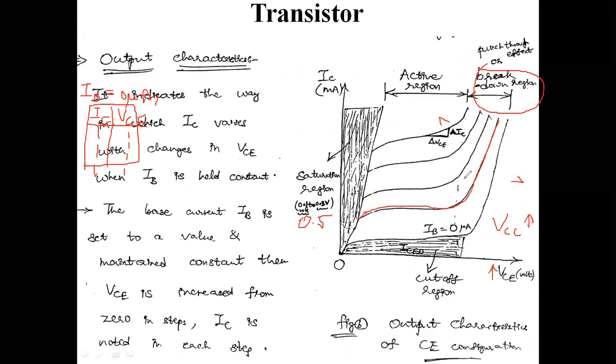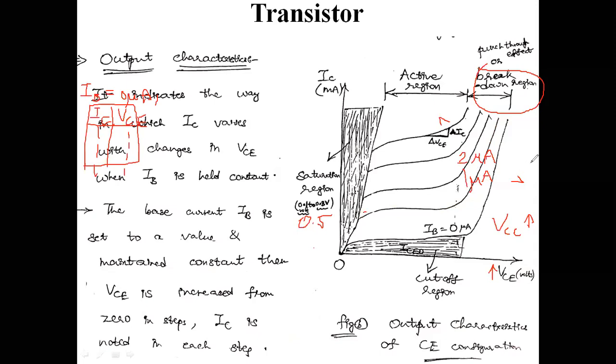I am going to set this IB equal to 2 microamperes. First one is 0. Sorry, let it be, I will convert this as 1 microampere. Thereafter 2 microamperes. For each and every constant value, I am going to obtain one curve. By placing one constant parameter, I can obtain so many curves. It depends upon our requirement.